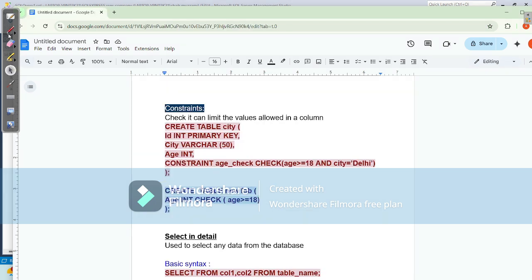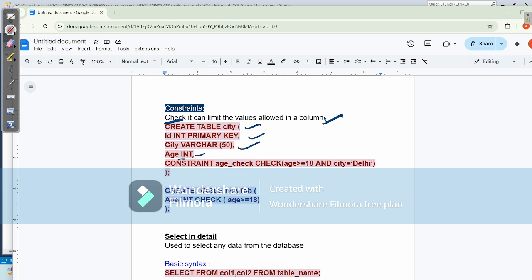Now these are the constraints that are used here. Check constraint is a new constraint. It can limit the values allowed in the columns. Consider create a table with city ID int primary key, name varchar 50, age int.